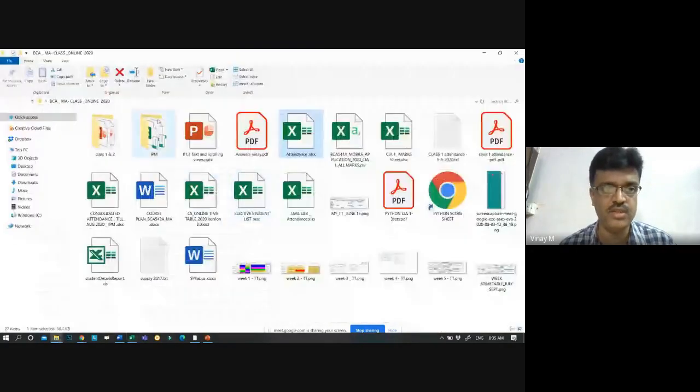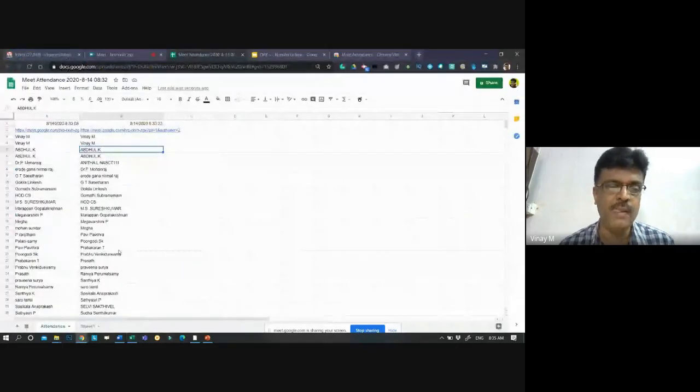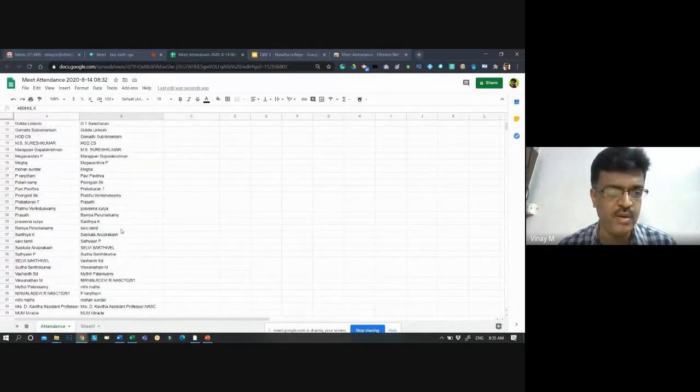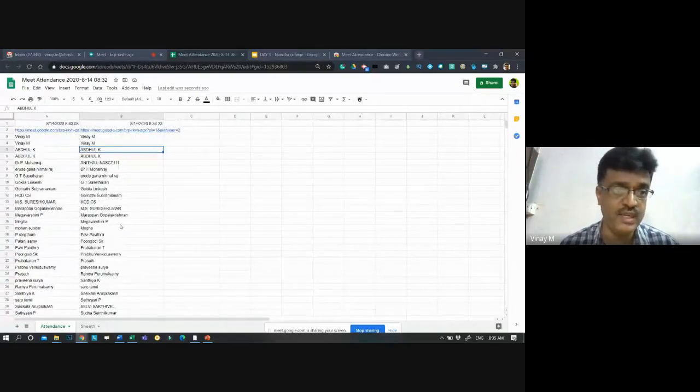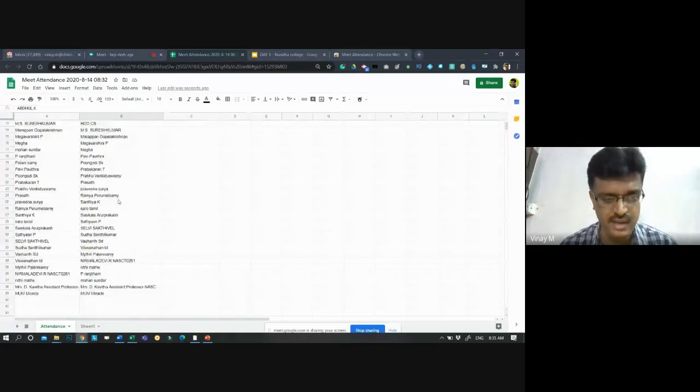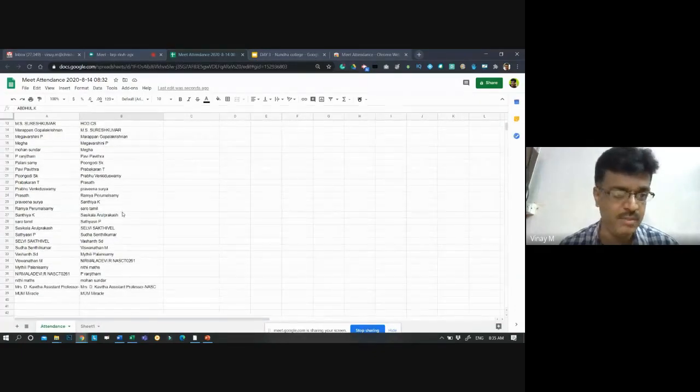This is the sheet which generates an attendance. Here by default there are no roll numbers, only the name comes. There is no other way to get it, so we need to cross check once. By default it can be sorted and altered, it's possible, but it's a tedious job, but this is the only option which is available.